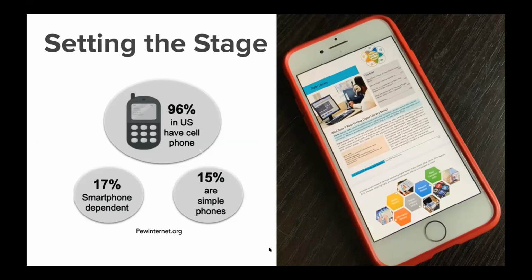And actually, if you dig into the Pew data, what you see is that it's over half of households with an annual income of $30,000 or less, which you might agree kind of intersects with the learners that we're all working together to support. So in order to really effectively serve these learners, we need to maximize as many resources and strategies as we can to help them learn on their phones, to help them make better access of resources that they can receive